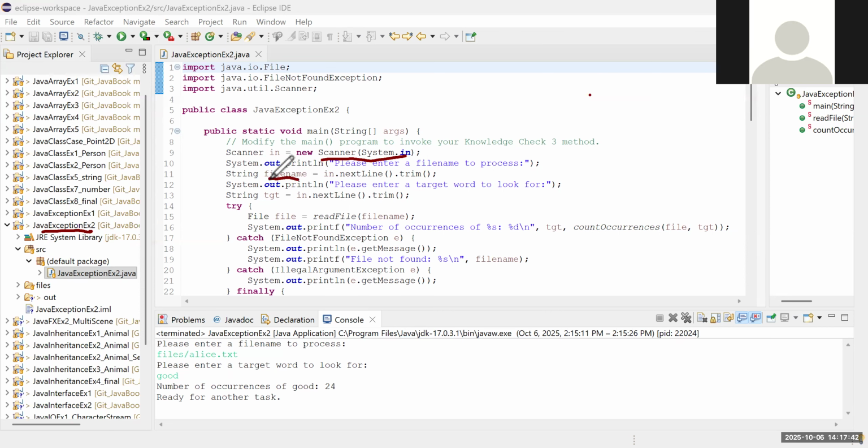Here we try to get some file name, so we use the next line. And we also try to get some string. Then we are going to call a method called read file. If everything goes well, it will count the specific word within the file. We put all of this in the try-catch block, because